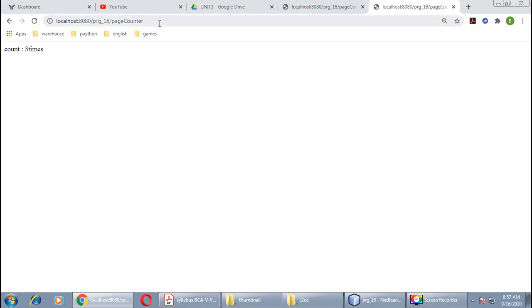This will increase the value of the counter by 1 one more time, and it is showing 3. Same reason, because the doGet method executes one more time. You can see the value of count is changing, right? Fine.